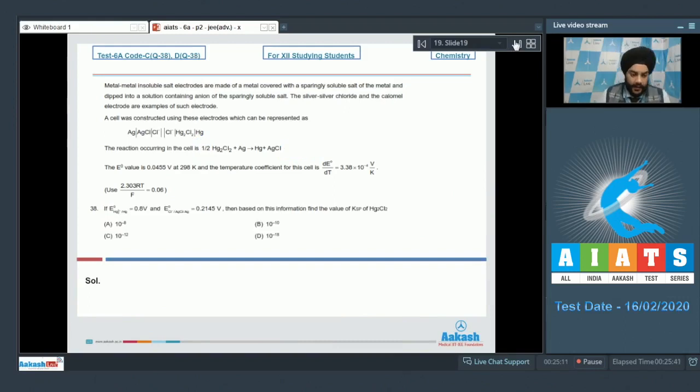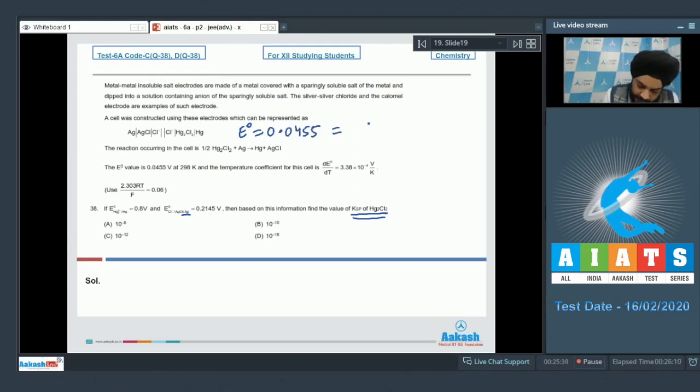Question number 38. If E0 of Hg2 2+ to Hg is 0.8 volts and E0 of Cl minus, AgCl and Ag is 0.2145 volts, then based on this information we have to comment on the value of Ksp of Hg2Cl2. So students, we have been given the value of E0 for this cell. The value of E0 for this cell is given to us as